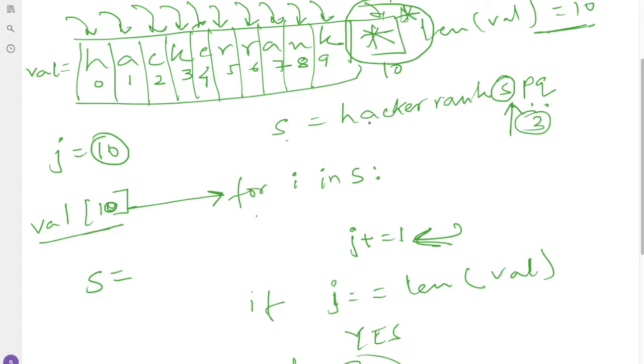For this type of criteria, if HackerRank is already found but the string length is quite large, a few characters are still present, but HackerRank is already matched. If it is matched, then my index will already be at the end of the required value. So for this type of criteria, we will simply add one condition, like if this j value is not equal